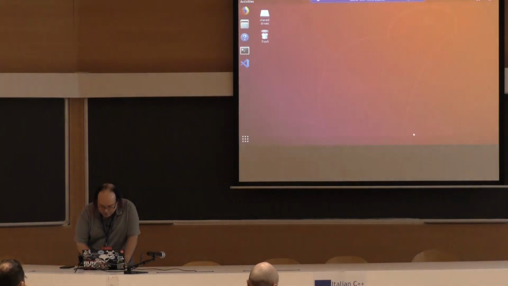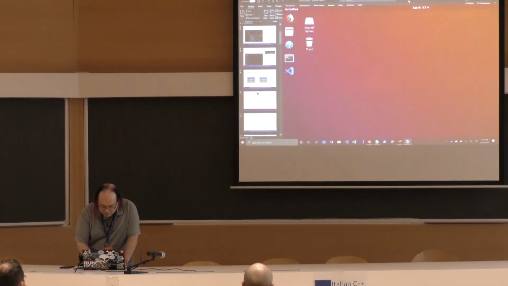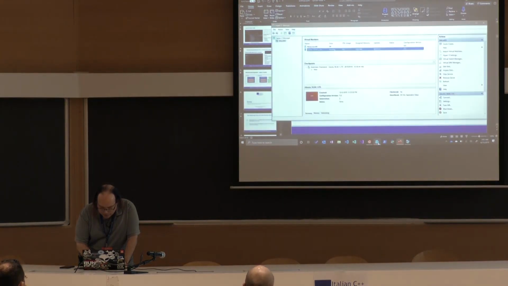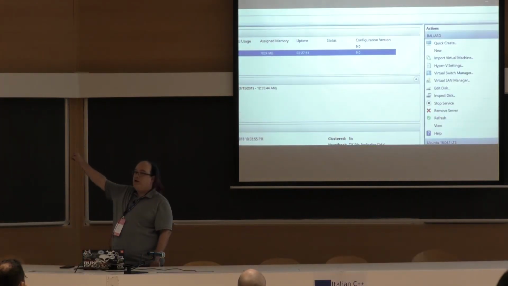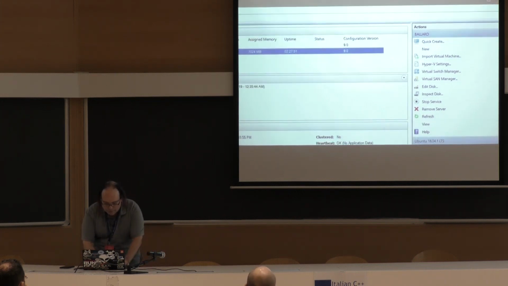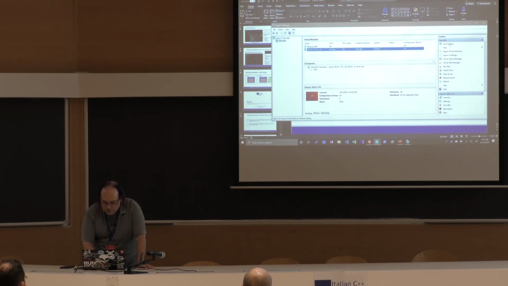So one of the first things I want to show you, if you're on Windows, this is a VM, but is Hyper-V. How many of you are aware of this little quick create? In Hyper-V, there's this quick create button. Has anybody tried this? Does anybody know what that does? This is pretty cool. So if I click quick create,